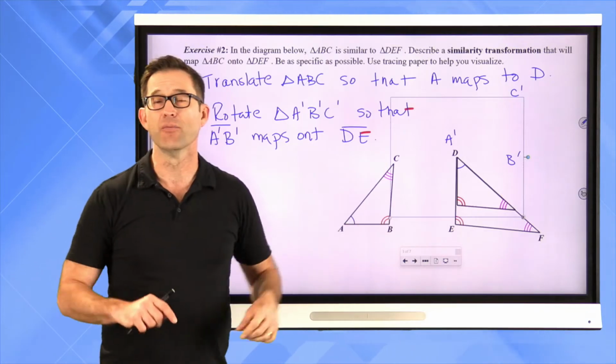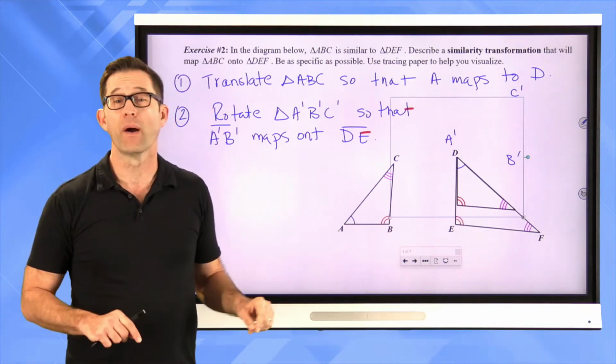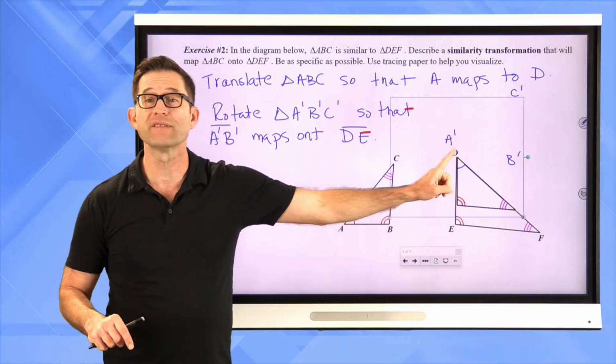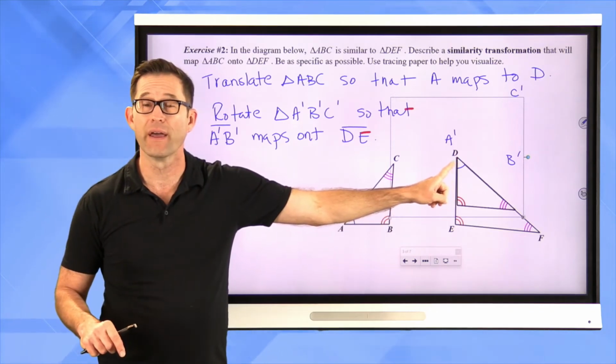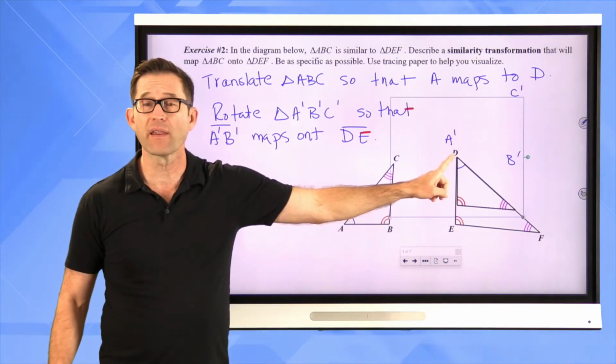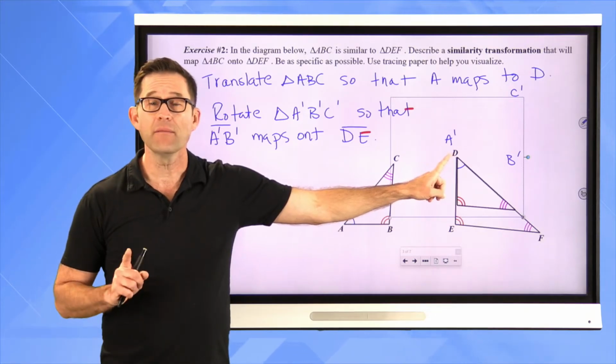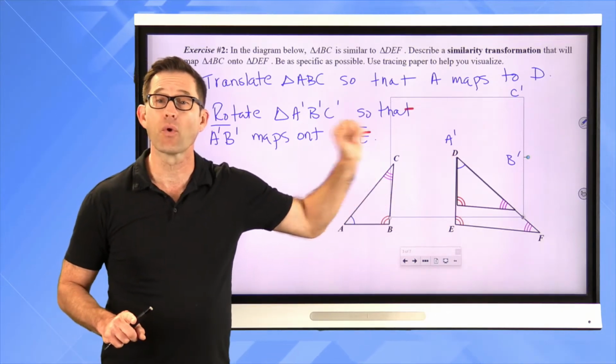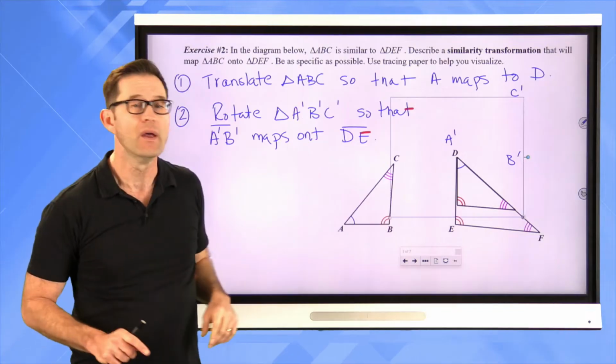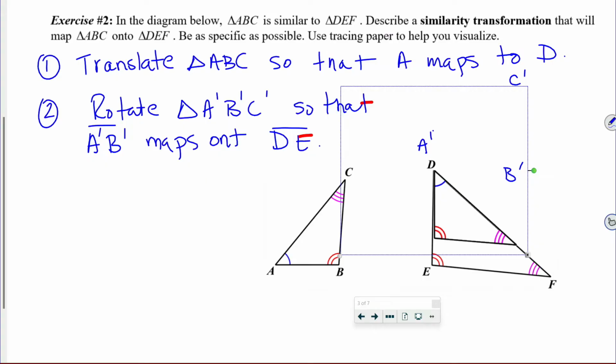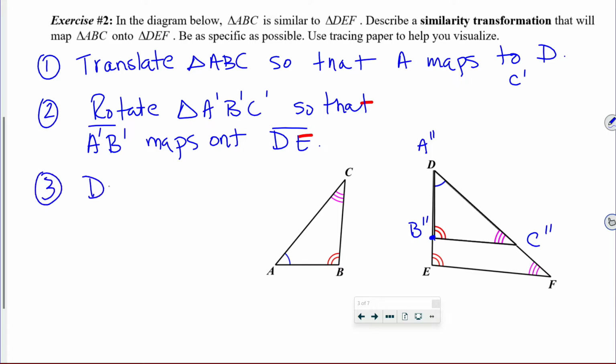Now I can finally do my dilation. Where do I want my center of dilation? Always at that shared angle, right? What do I want my constant of dilation to be? Well, that can be the ratio of any two corresponding side lengths, right? So at this point, this is now A double prime, and this is now B double prime and C double prime. So the last thing I'm going to do is dilate